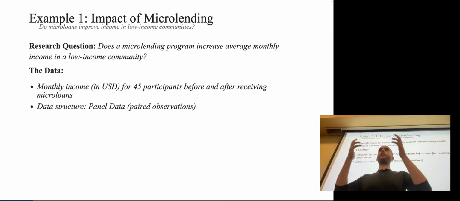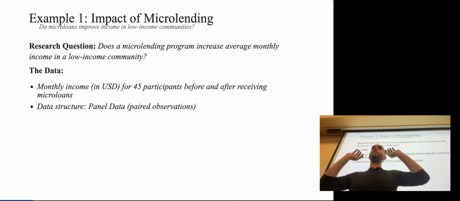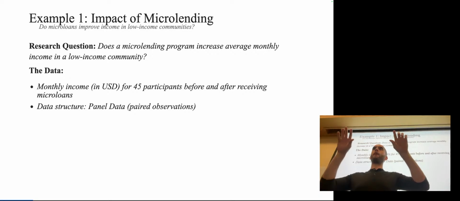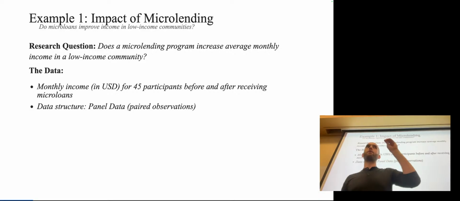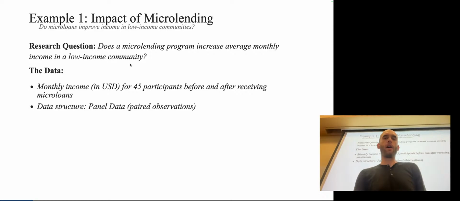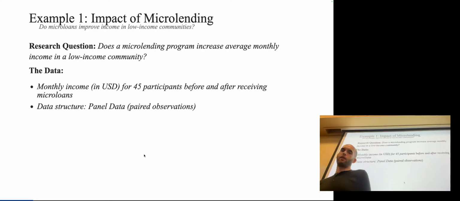So we have 2 observations per household, and these are all households that are treated. So we have their income before the treatment, and then the same household after a treatment with a microloan. So we have 2 observations. If we're using this data, how might we show the main question? If we were to take 2 observations per family, one before and one after, how might we show this visually?